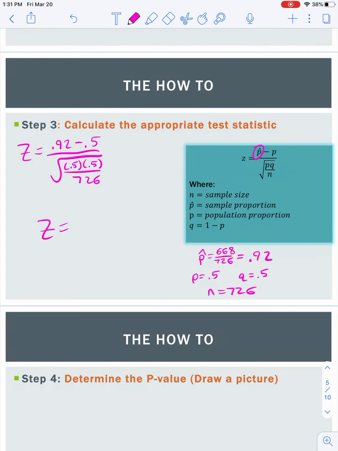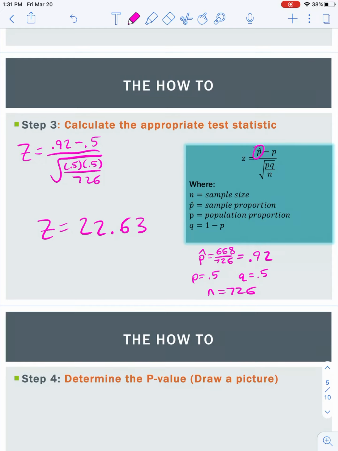And we're going to use that to find our z. So I go to my calculator, parentheses around the 0.92 minus 0.5, divided by big square root here, 0.5 times 0.5 divided by 726. I'm going to get a crazy high z-score,